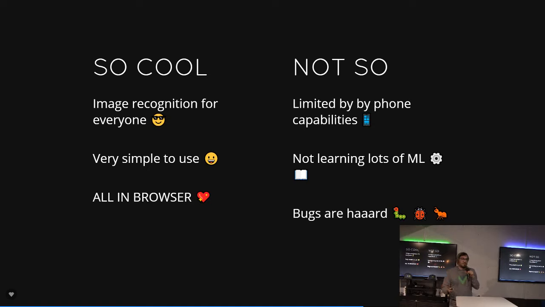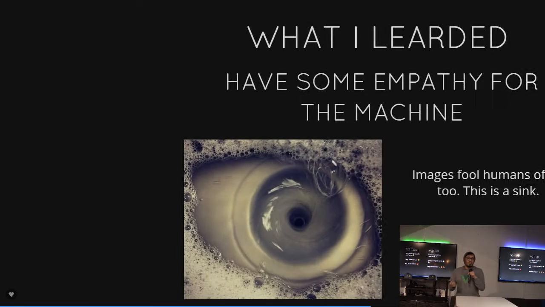Bugs are either in that part of the framework or possibly in how I'm trying to pass the video stream there, and that was a problem, especially with some phones. They don't all process things the same way. Some have different versions of WebGL. So all of a sudden I'm like, oh, where's the bug? Is it when I'm trying to capture a WebGL, or when I'm passing it to the TensorFlow JS via ML5? Sometimes I couldn't find out on certain phones.